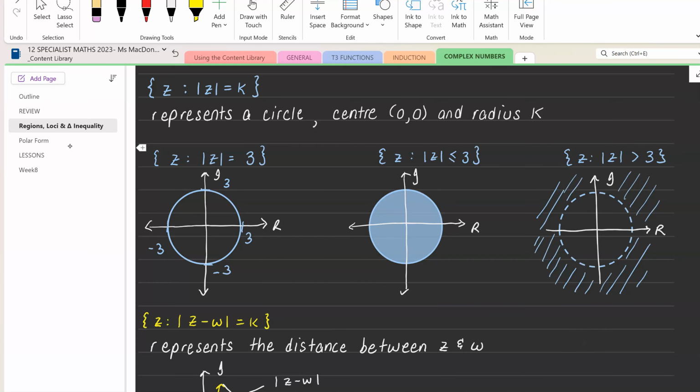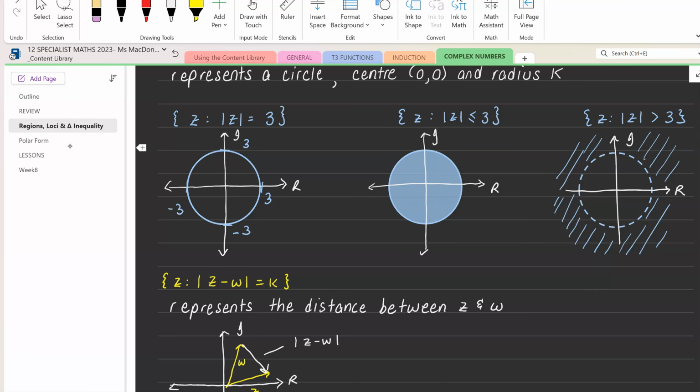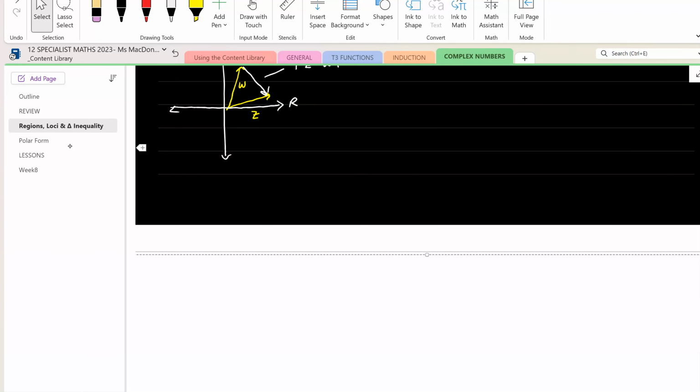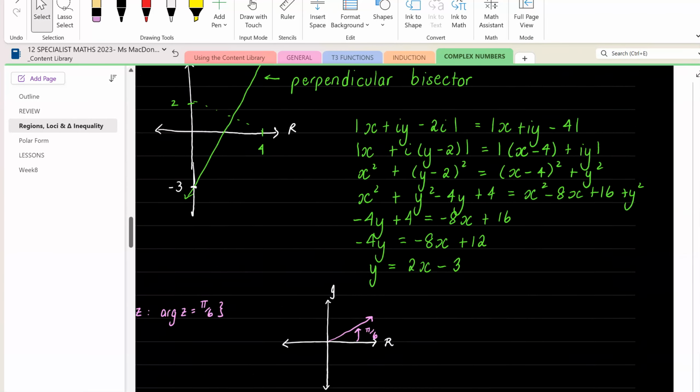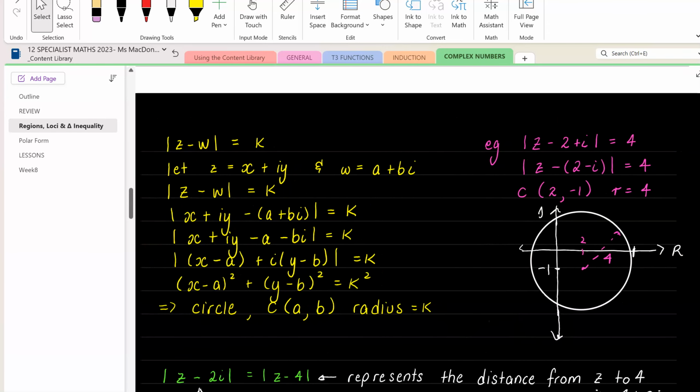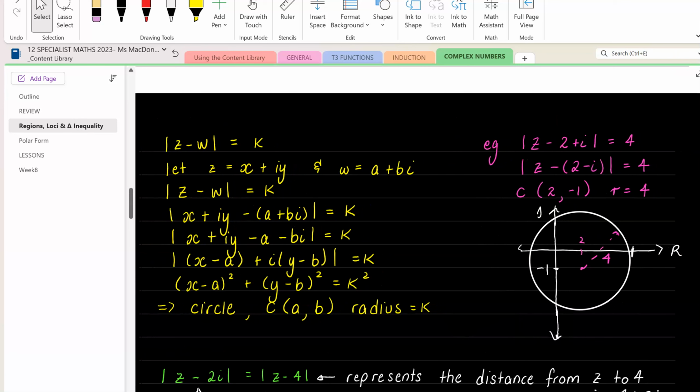Okay, please note it represents the circle, center 0, 0, and so on. Don't worry about that one just yet. We'll come back to that. Uh-oh. I was going to say, there should be another one. We will have a little bit of an opportunity soon to have a bit of a worksheet and show you, but can you see that when we start shifting things, so if we've got our basic Z and then